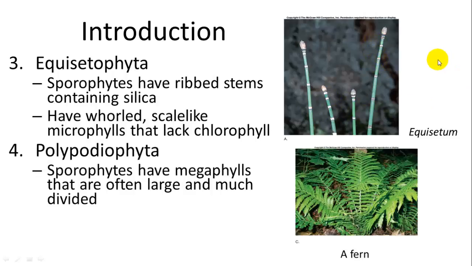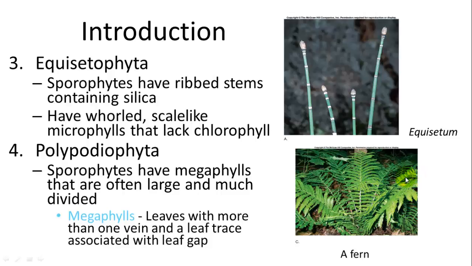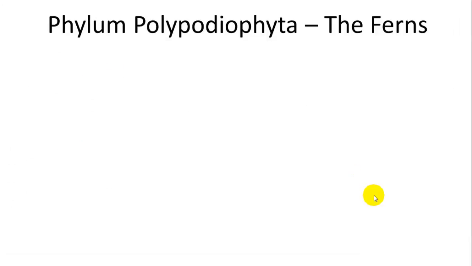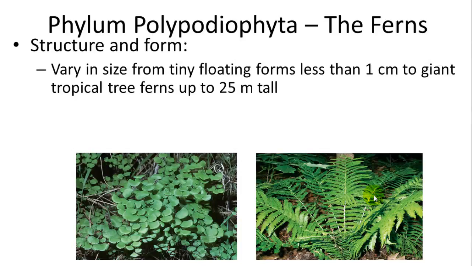All right, and then the true ferns, Polypodiophyta, have sporophytes with larger megaphylls, so ferns can get quite large, and they are usually very divided in their leaflets. And so we would also refer to them as megaphylls rather than microphylls. And they have more than one vein and a leaf trace that is associated with a leaf gap. Alright, so we're going to go into the Polypodiophytas in detail, where we're not going to mention the other three